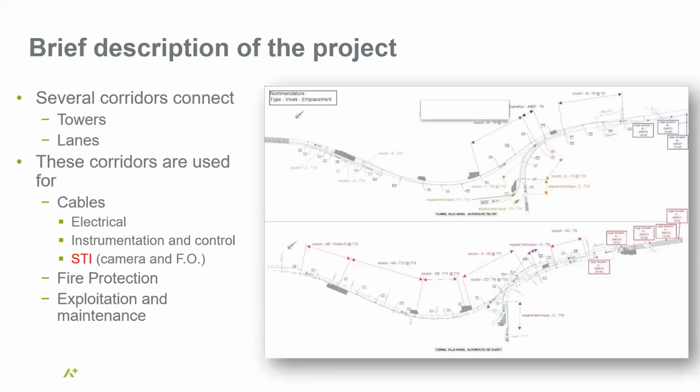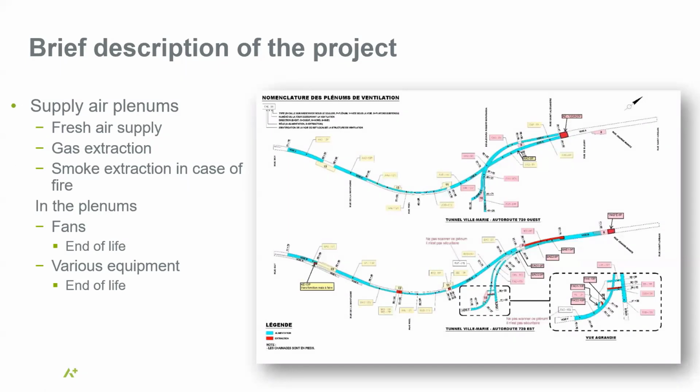Around these tunnels, we have towers, we have lanes, we have corridors that connect to those lanes. Those corridors are basically used for MEP services, so electrical and instrumentation, fire protection, and maintenance. So there's a lot of ventilation system in there and equipment around the tunnel. So it's not only the tunnel, but it's all the infrastructure around it. It's a pretty big project. There's also the air supply system, fresh air, gas extraction, smoke extraction, the fan, and various equipment around the project,